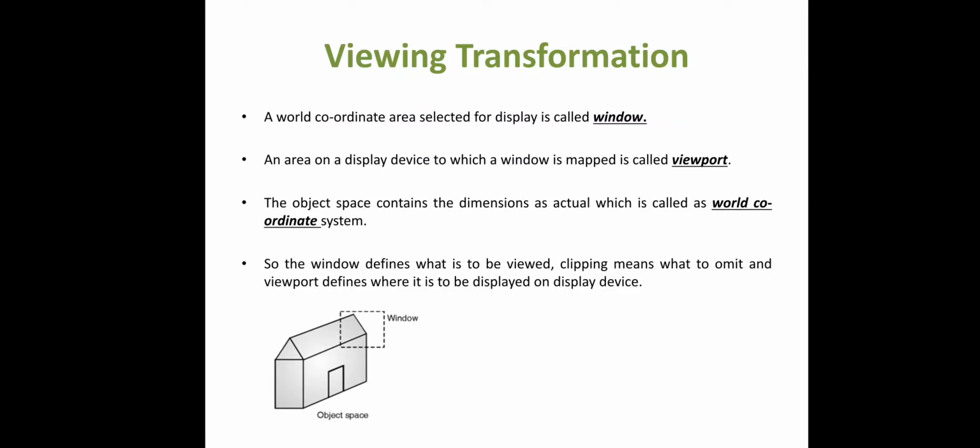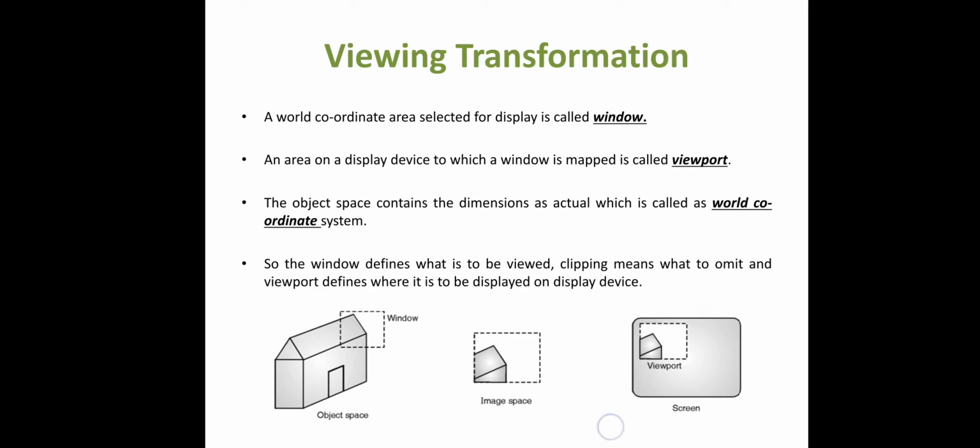Here you can see the window is given for this object space. This window we are going to convert into the image space, in the form of screen coordinates. This is the object model, and this is the image model. I am going to use this portion of the window only, and the other part is suppressed, deleted. Only the part visible from this window is selected, and now I want to display this on the screen. With the help of the viewport, I display the part which is inside the window. This is called a viewing transformation.